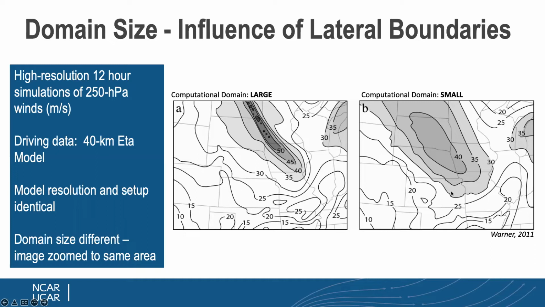And you're looking at the 12-hour simulations of 250 hectopascal winds. You can see on the one on the left that was simulated on a large domain that the trough is very well developed. The one on the right has a very wide trough. And although I'm not showing this to you, the one on the right-hand side looks very similar to the era,